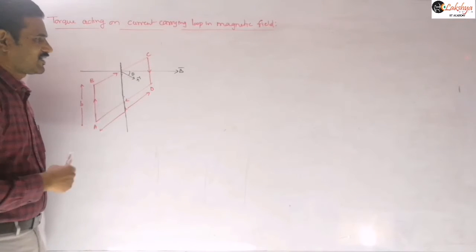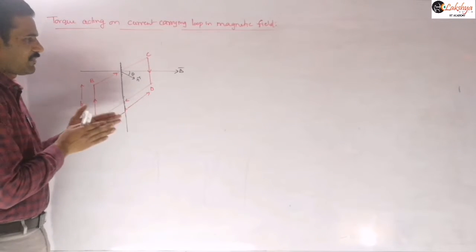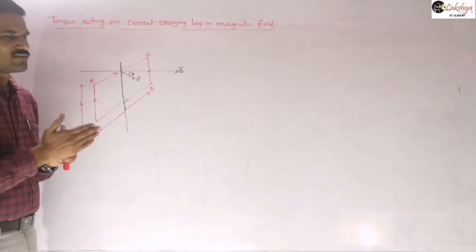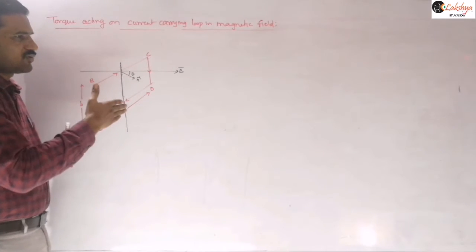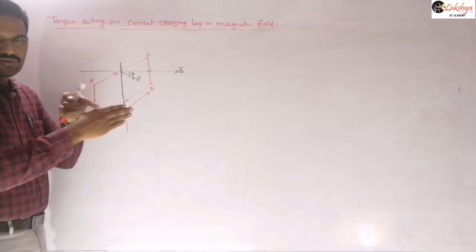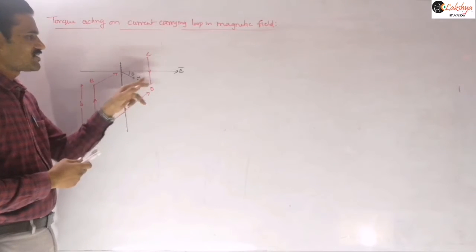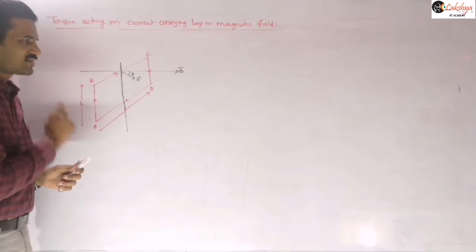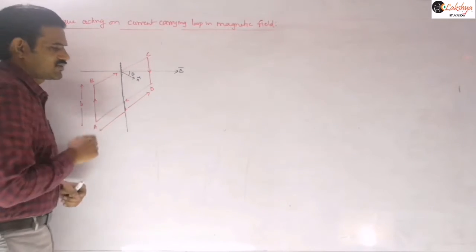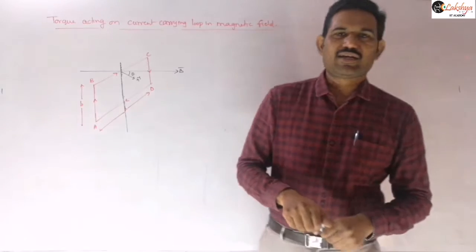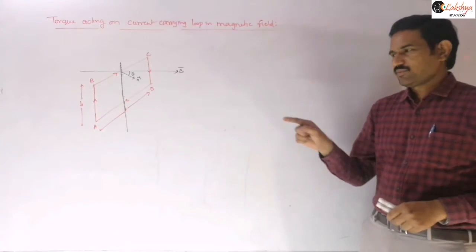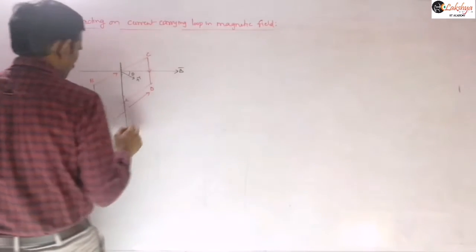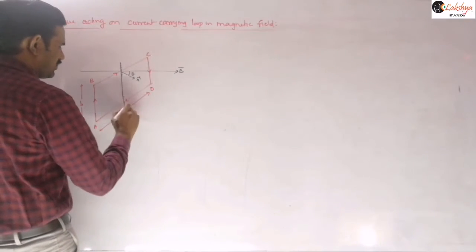This ABCD is a rectangular coil, and the magnetic field is in the horizontal direction. I am taking the plane of the coil slightly turned like this. Now the magnetic field is acting along this direction, so the magnetic field is making an angle theta with the normal to the plane of the coil. That is the consideration we are making here. Just to mention, consider a rectangular coil, and in brackets mention the dimensions, L into B. This length is L, so this is L into B.